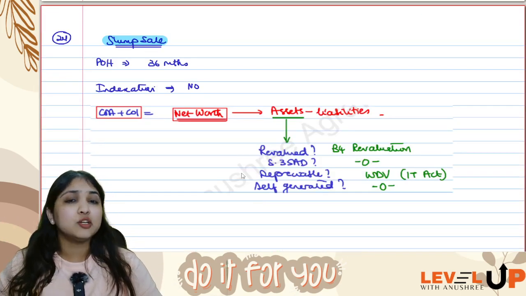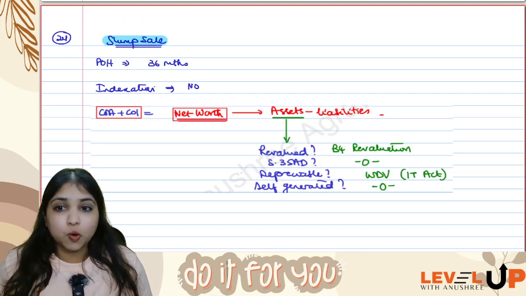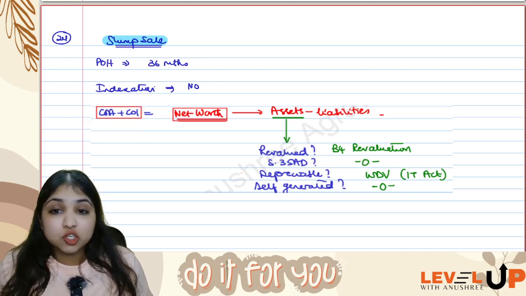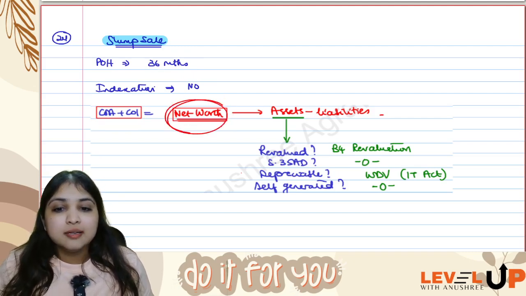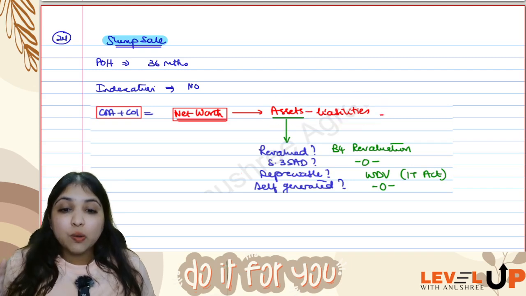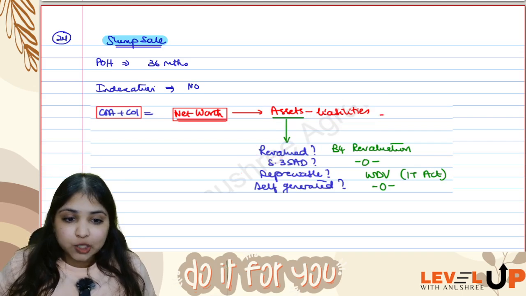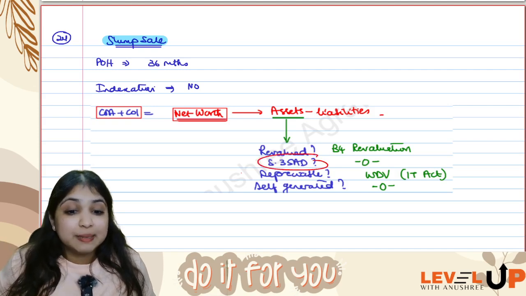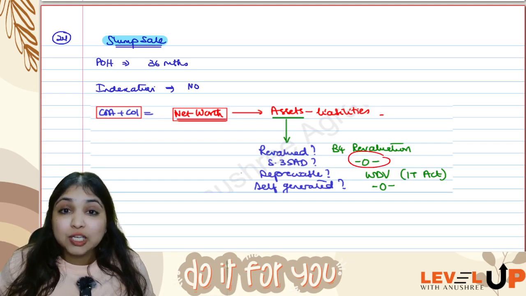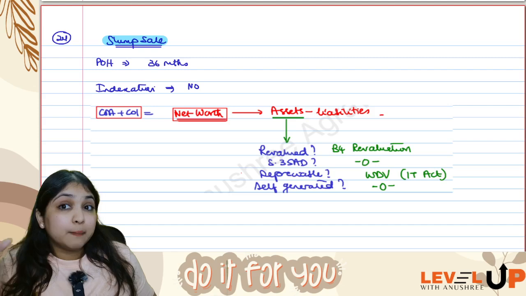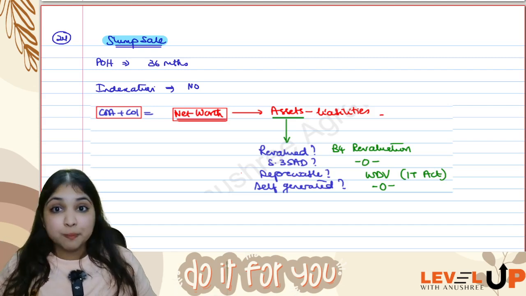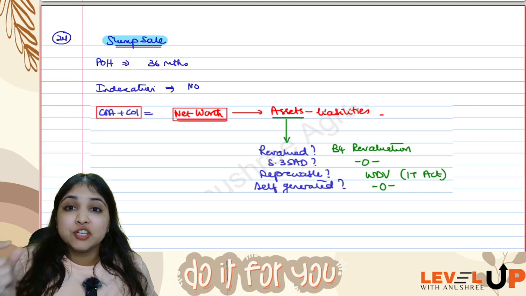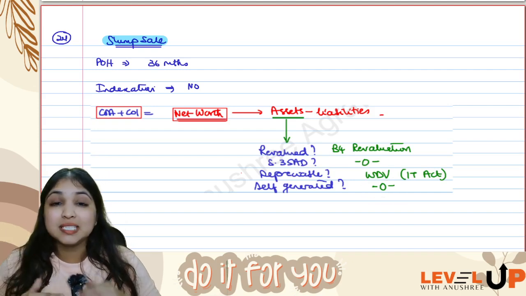Alright. Then coming to the next point, slump sale. This is also very important. Slump sale, the relevant period of holding will be 36 months. Indexation is not allowed over here. Cost of acquisition plus cost of improvement will be your net worth number. Net worth will be nothing but assets minus liabilities. Now, when you're computing assets, if the asset has been revalued, you will take the amount before revaluation. If it is an asset against which you have claimed 35AD deduction, for that asset you will take the value as 0. If it's a depreciable asset, you will take the WDV as per Income Tax Act and not WDV as per books of accounts. If it is any self-generated asset like self-generated goodwill, self-generated trademark, any self-generated asset, you will take its value as 0. Remember, slump sale, no indexation.